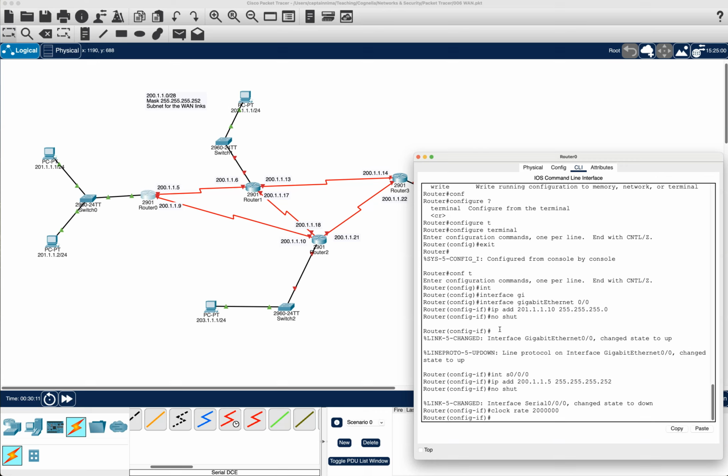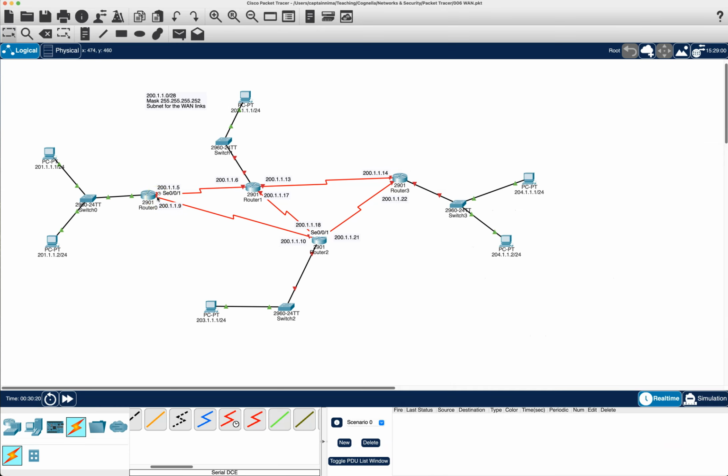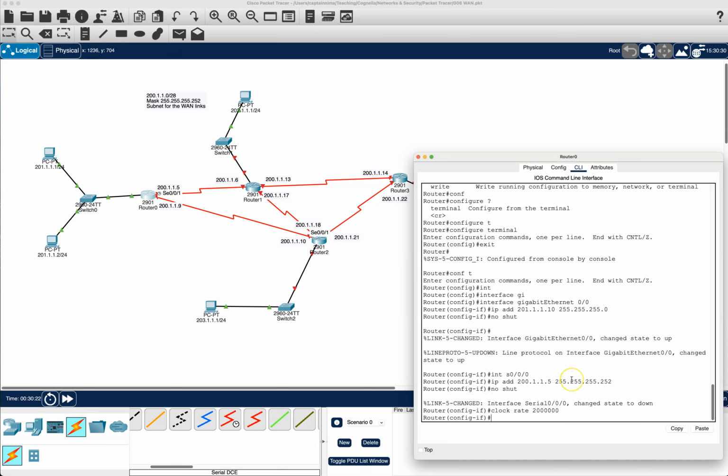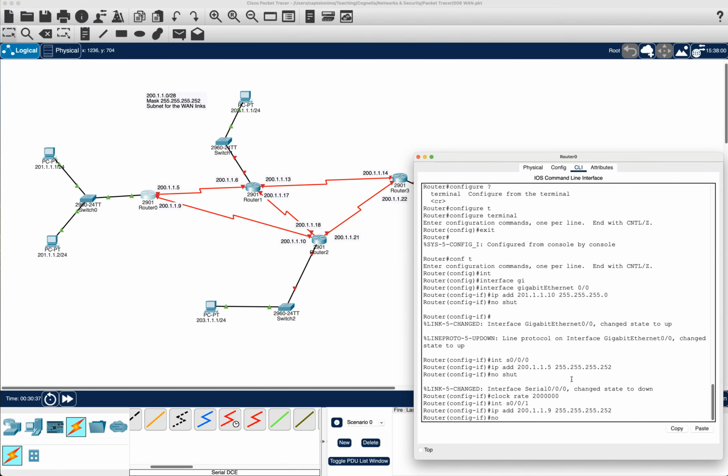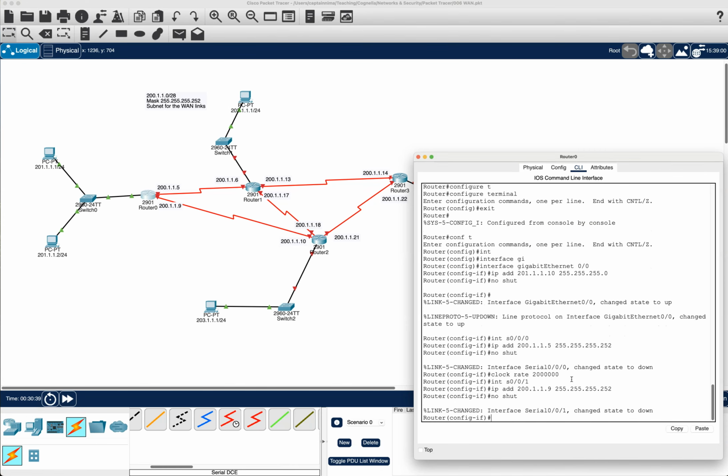No particular reason, it's a common rate to put in. So this address has been programmed. I'm going to go to this interface, which I believe was S001. Yes. So interface S001. And this one has the IP address of 200.119. Hopefully I'm not making mistakes here. 255, 255, 255, 252. And no shut. This is also the clock interface. I'm going to put clock rate